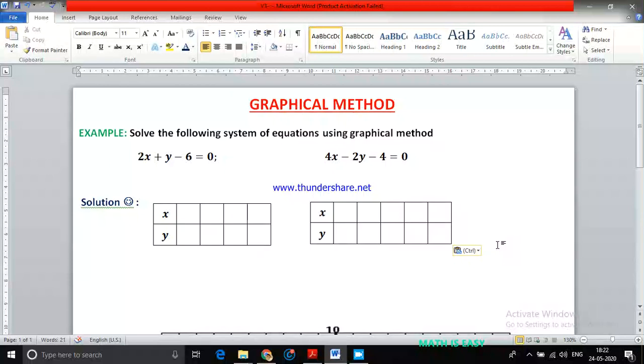So in this video we are going to discuss a graphical method of solving a pair of linear equations in two variables. In video 1 and video 2 we discussed the introduction to pairs of linear equations. We solved some word problems, how to make the equations from the word problems, and we discussed the conditions for parallel lines, intersecting lines and coincident lines. Okay, and what conditions they have to satisfy.